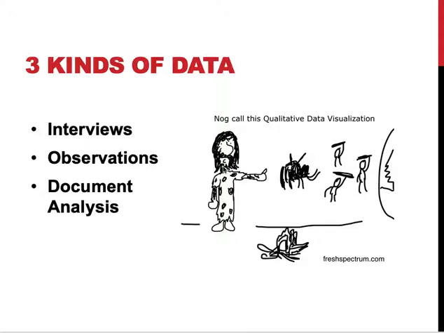What they all have in common is that they give us numerical data that we can then process using some type of statistical test. Qualitative data is not quite as neat as a lovely set of numbers. Qualitative data is typically data in the form of words, or something visual like an image or a video. Qualitative data collection generally takes place through these three kinds of data. The first type of data is interviews, second is observation, and third is document analysis.